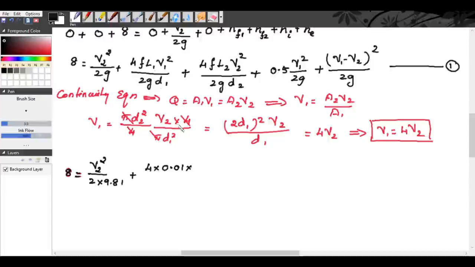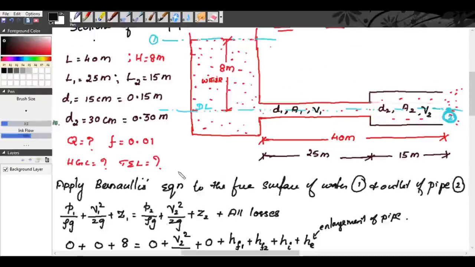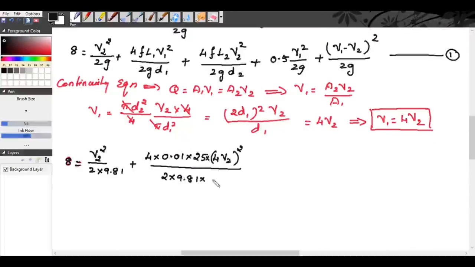0.01 into L1 is 25 meter, length of pipe 1 is 25 meter, V1 square. So V1 is 4 V2, 4 V2 the whole square, divided by 2 into 9.81 into D1. Diameter of pipe 1 is 15 centimeter, right? So it is 0.15 meter. So 0.15 plus 4 into 0.01 into L2 is 15 meter, that is length of pipe 2, into V2 square